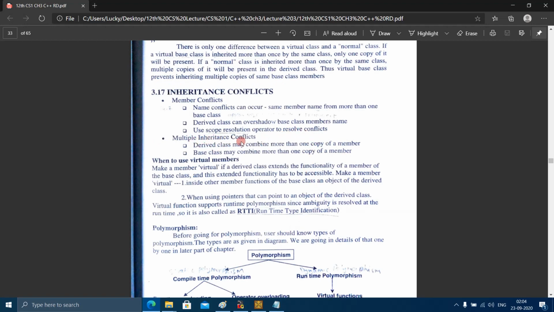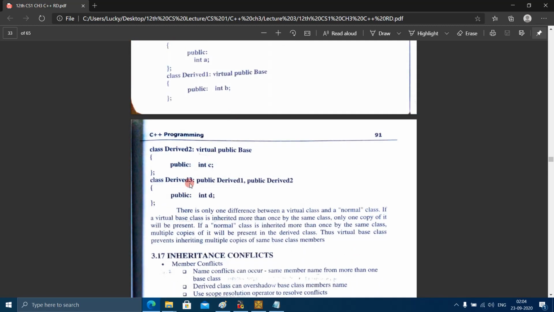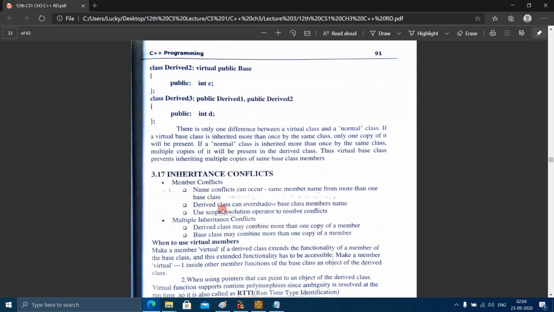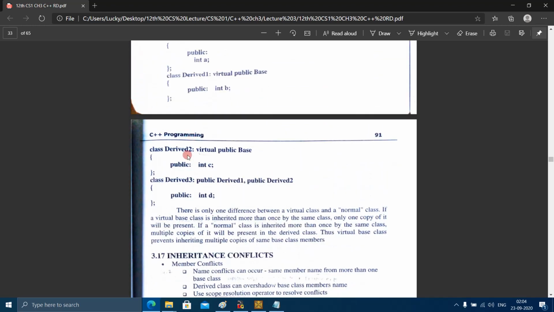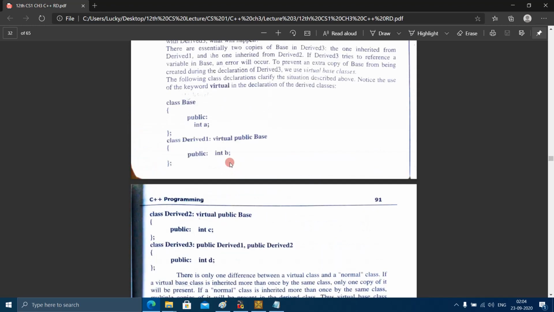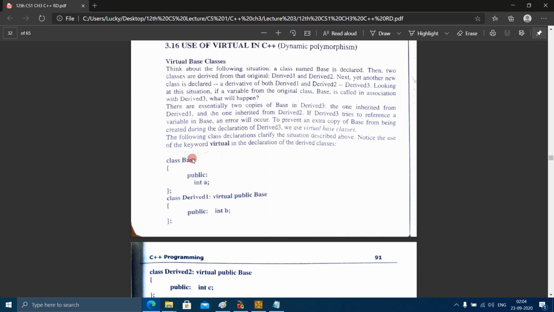Then multiple inheritance conflicts. Let's see what is there in multiple inheritance conflict. A derived class may combine more than one copy of a member. The conflict we discussed just now is that this derived class, derived 3, is inheriting a double copy of the base class.